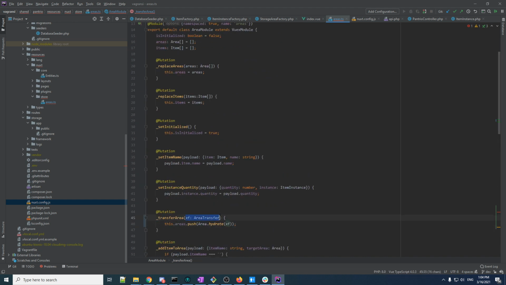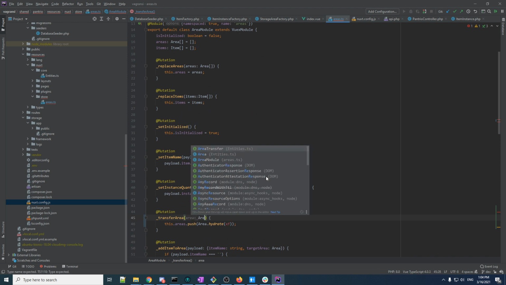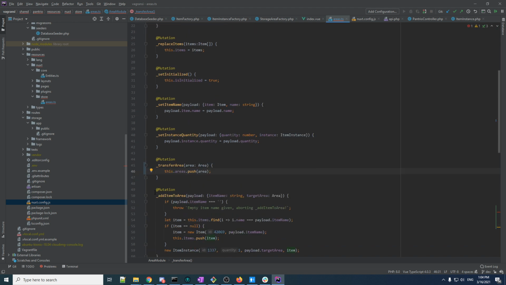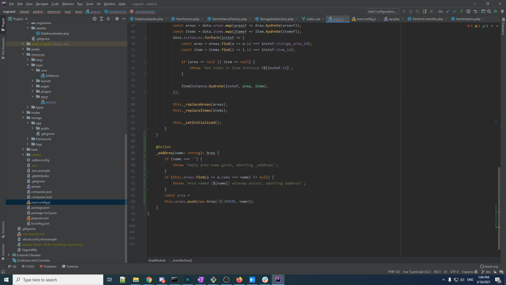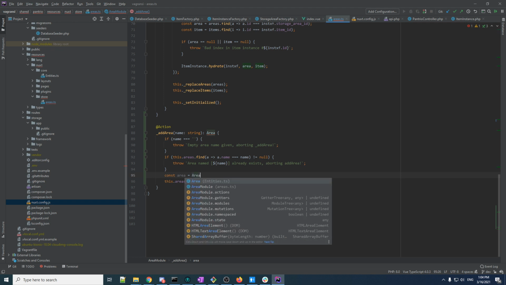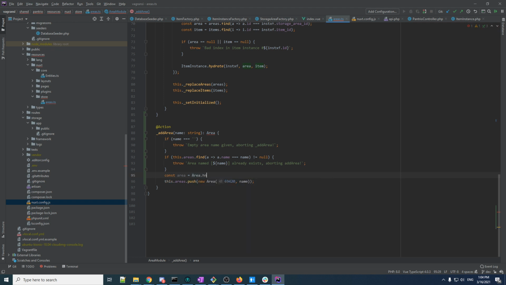So I'm just going to make this take an area, and then we're just going to push area. I'm not sure exactly how I want to organize things. This might change in the future, but for right now, I guess this is what we're doing. So area is equal to area dot hydrate. const data is equal to axios dot post